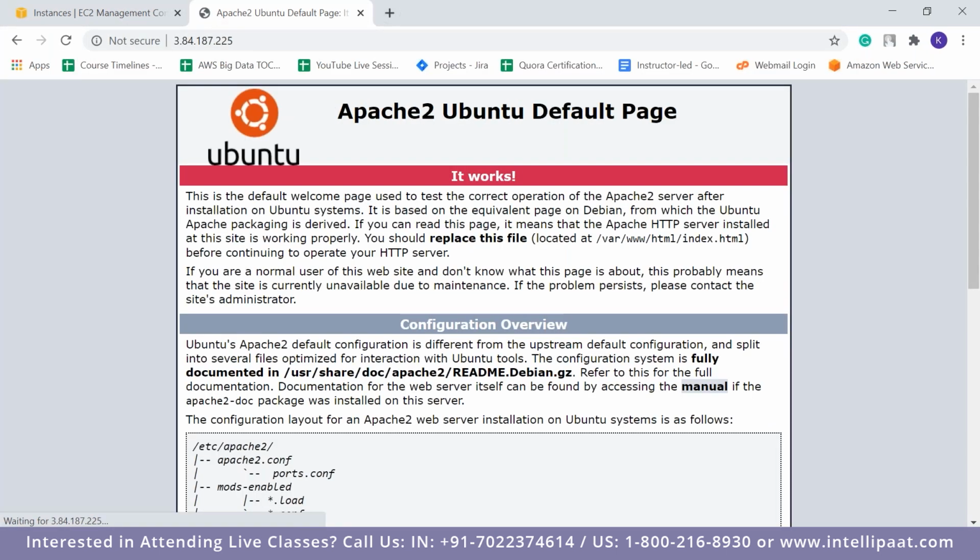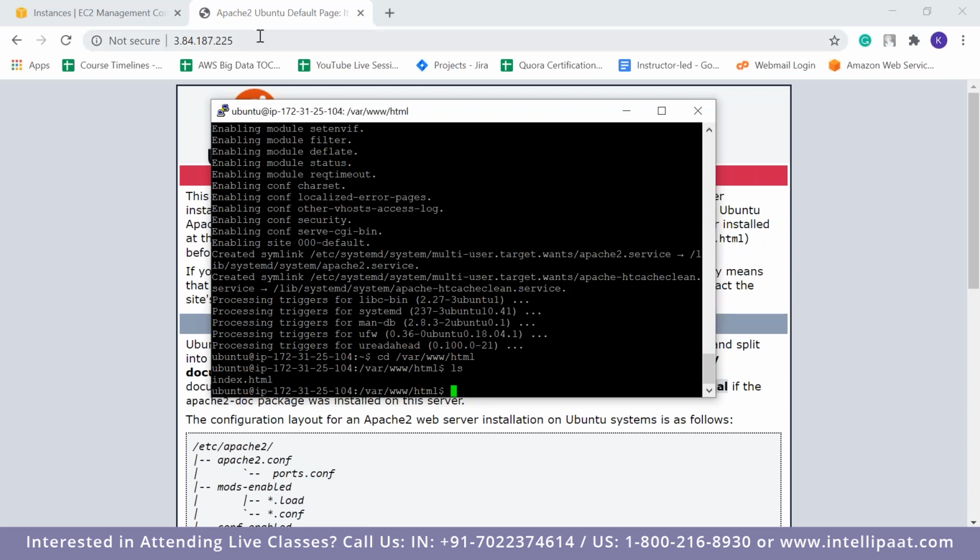And I think you can see the Apache 2 Ubuntu default page. So this is the index.html file over in this particular location. So for example, to make you understand that this particular website is this index.html page, I'll create another web page. Basically, nano is a text editor. You can use Vim as well. I'm pretty good with nano, so I'm just going to use that.